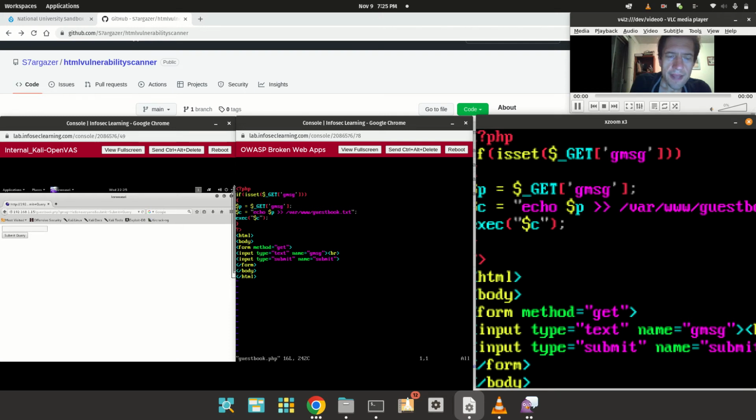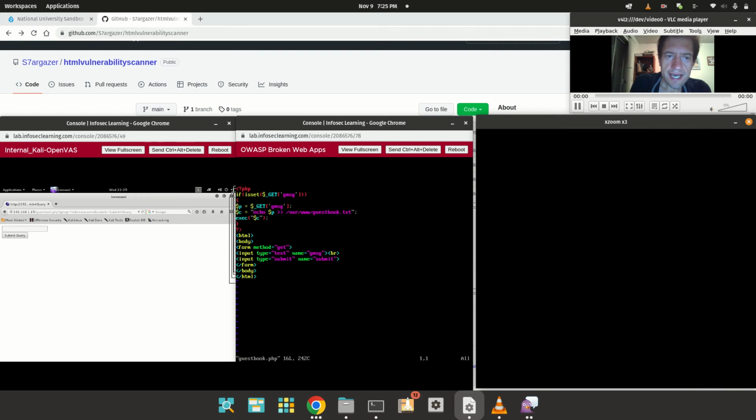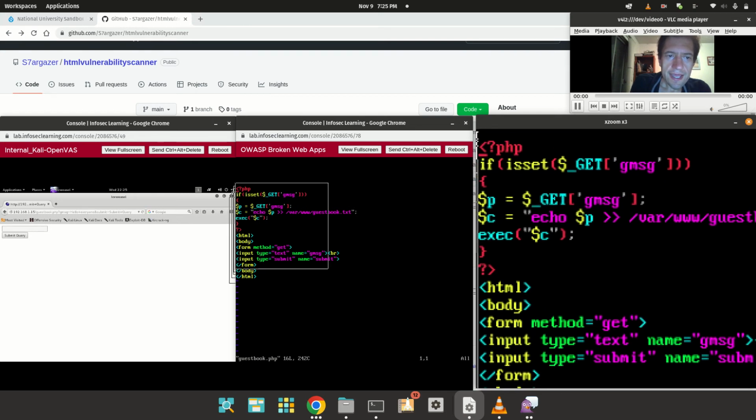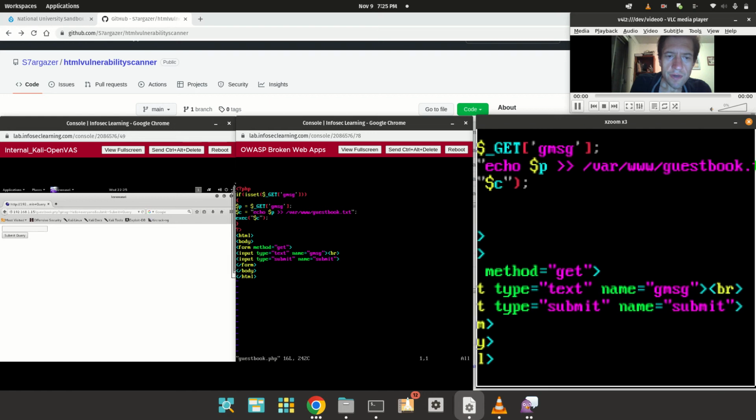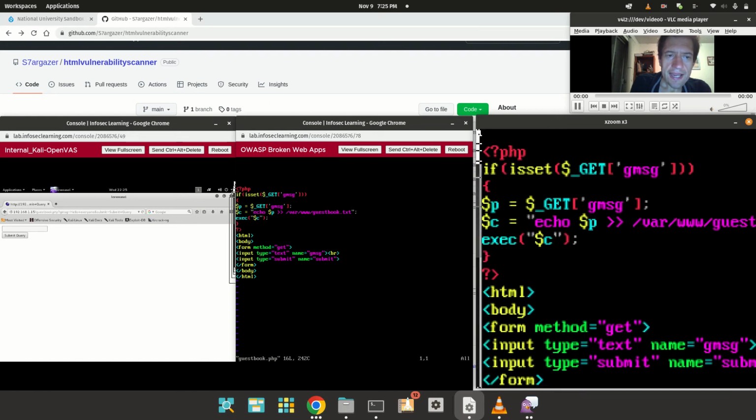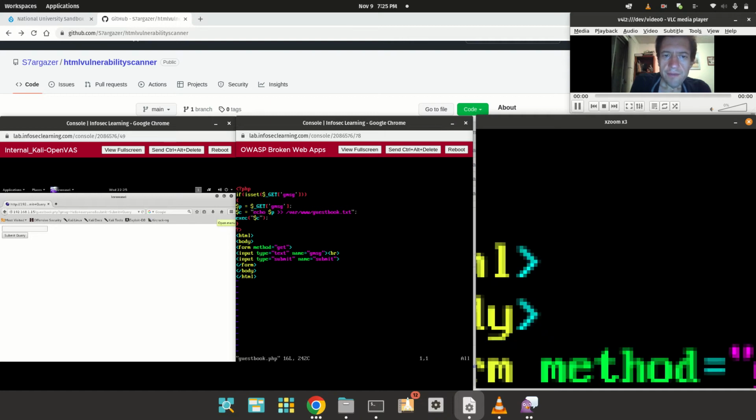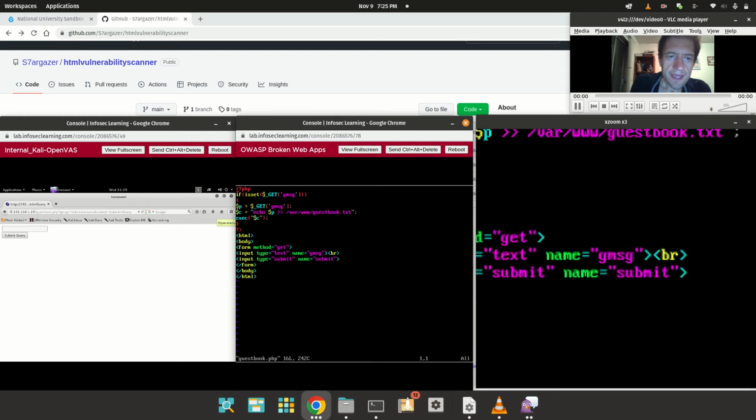What that's doing is taking the output when you click on submit, and processing it by writing that into a variable, which is going to be a command on the web server. Eventually that is going to say, echo the variable $p to /var/www/guestbook.txt,